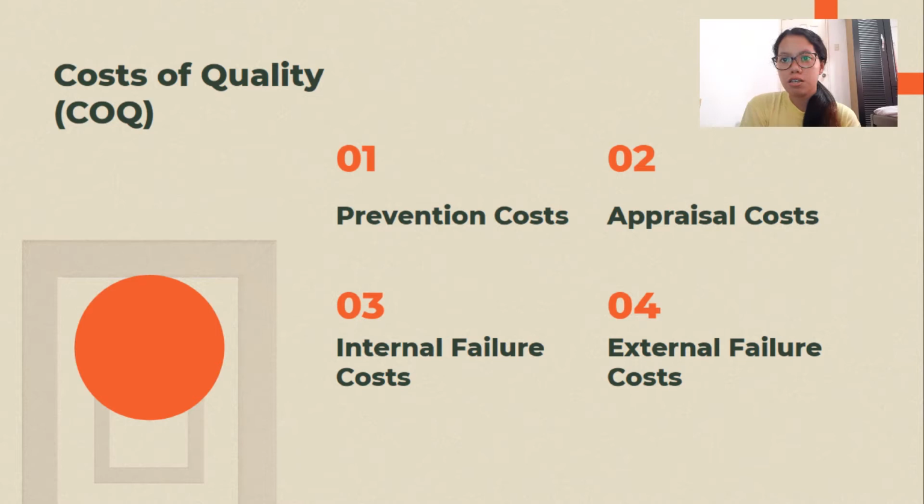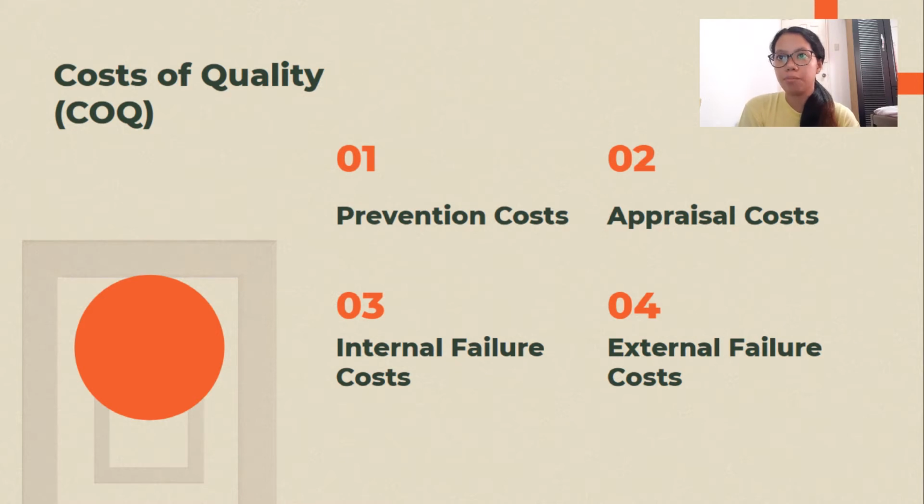So first, what is cost of quality? These are costs incurred to prevent, or the costs arising as a result of, the production of a low quality product. Costs of quality are classified into four categories. First is prevention costs. These are costs incurred to preclude the production of products that do not conform to specification. Second is appraisal costs. These are costs incurred to detect which of the individual units of product do not conform